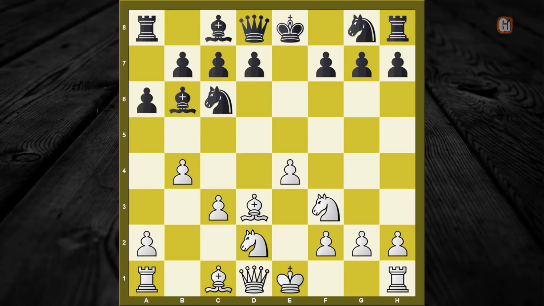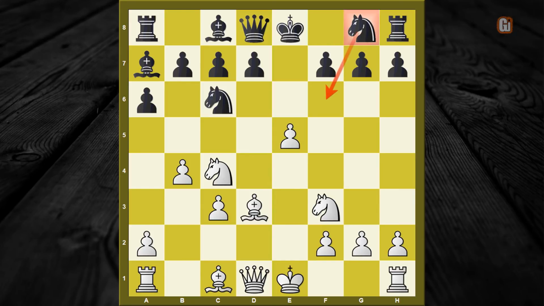My personal preference is knight to d2, and it doesn't matter whether black continues with a5 or a6. Let's say a6, we will play knight to c4, attacking the bishop, and when the bishop retreats, another jab in the center, e5, which completely restricts the kingside knight. After knight to e7 and castle,